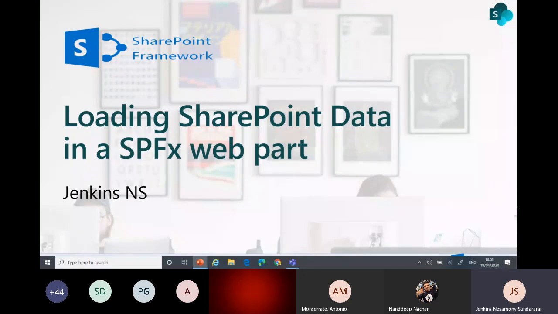Today we go for how to do it. I'll use two demos. One is how to get data directly with no JavaScript framework, and the second one is how to use React. It's a simple example I'll show you, and I'll share the code also.